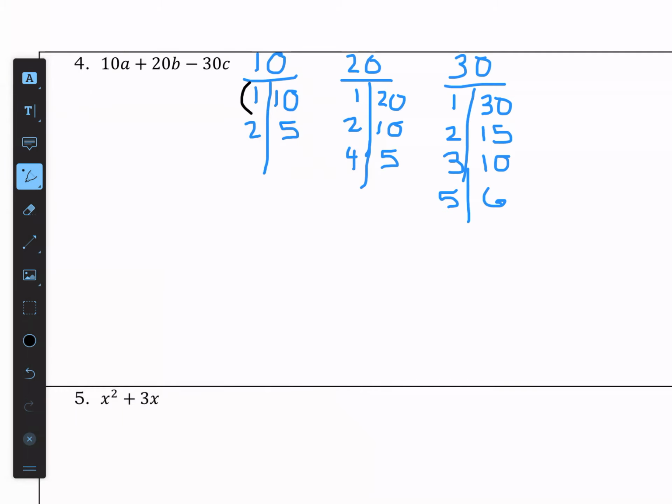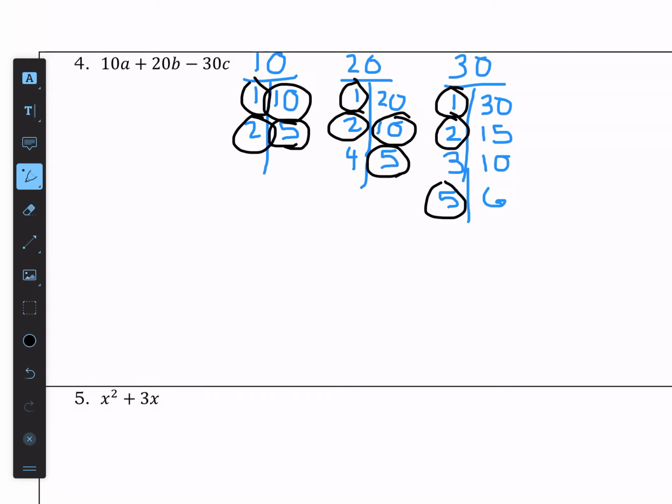Okay? All right, so now let's circle what numbers all 3 lists have. So everybody's got 1, everybody's got 2, everybody's got 5, and everybody's got 10. Okay, so the biggest number that all 3 lists have is 10. So that is our GCF. Okay? All right, so now let's go back over here, and we're going to divide our original problem